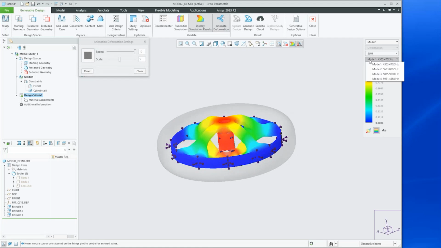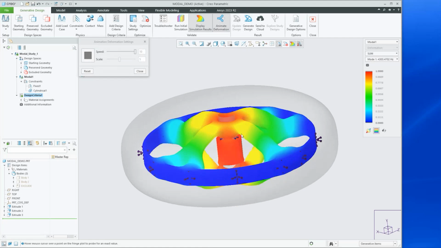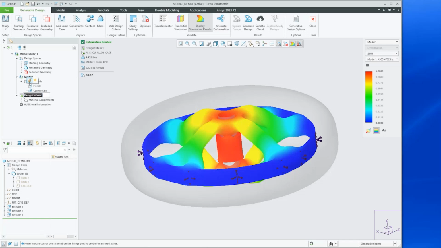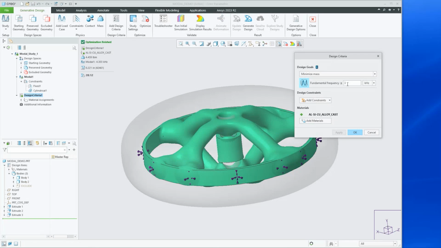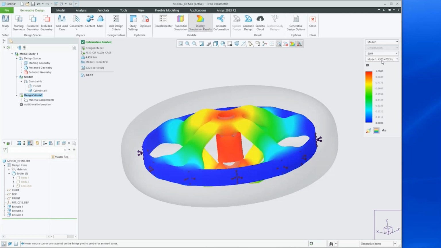what's that, 4,300 hertz. So this is a very stiff, very high frequency. Actually, was that limit, I can't remember. Was that 3 hertz or 3 kilohertz? Yeah, sorry, it was 3 kilohertz. I was thinking 3 hertz, that's a bit low. But this wants to set the fundamental frequency to be greater than 3 kilohertz within this region. So it's worked out the stiffest design that meets that requirement within the